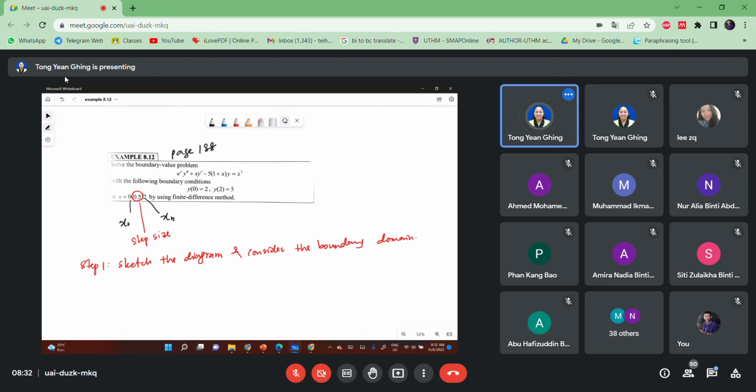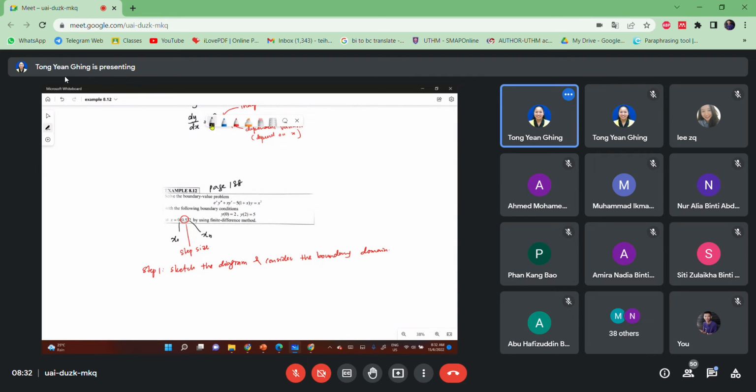Okay, so you remember you have to sketch the diagram. Even if you just sketch, it doesn't matter. In the final, even if you only sketch the diagram, I will give you marks. If you don't know how to solve these questions, I will be very kind. Even if you sketch the diagram and put something, I will give you marks. If there is no diagram, how can I give you marks? At least you get some marks there.